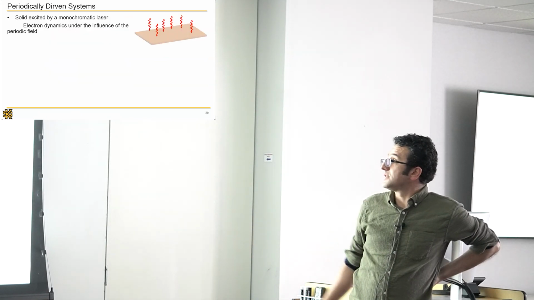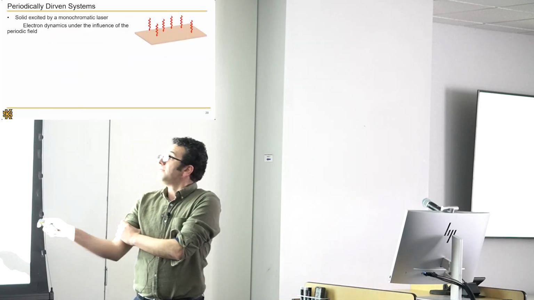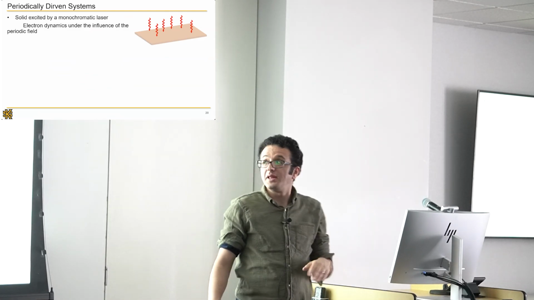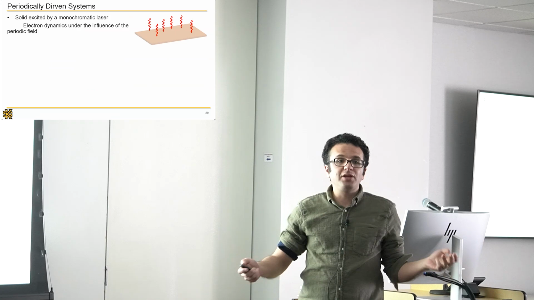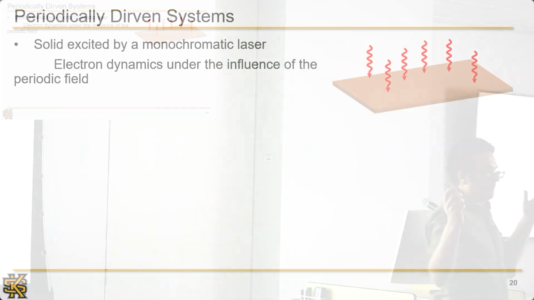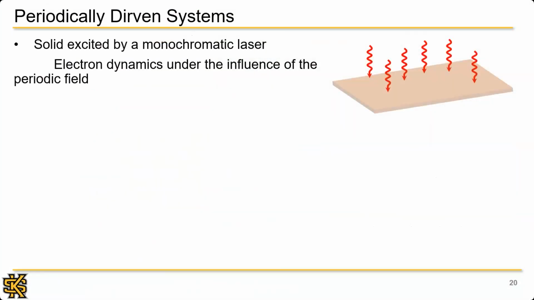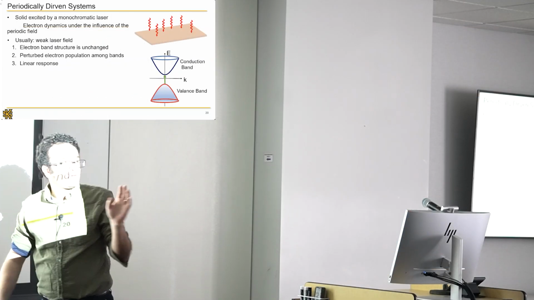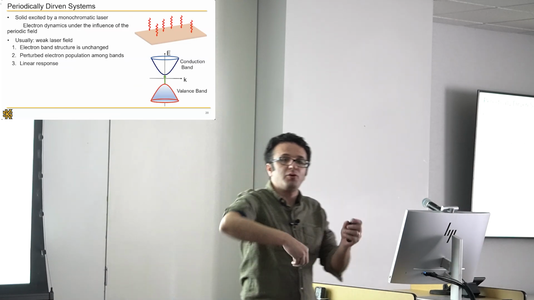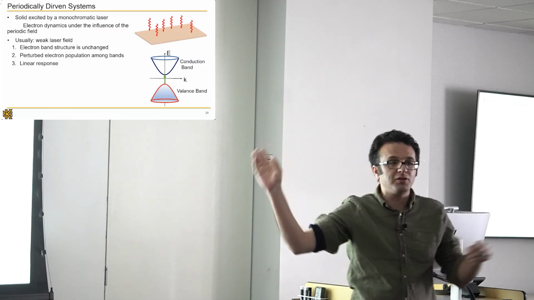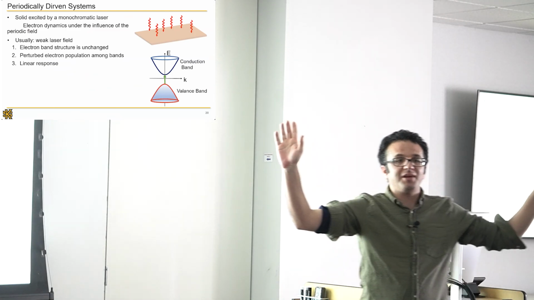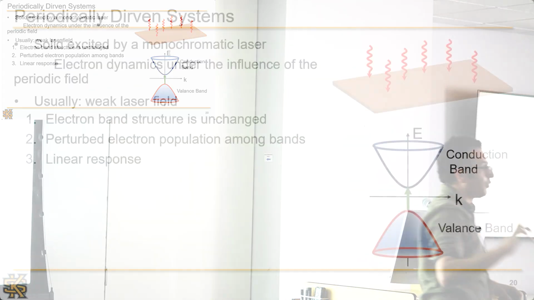of periodic drives. So let us remember that if I have a solid that's monochromatically driven by a laser, then in the typical picture that we learn in graduate or undergraduate solid state, with weak laser fields, what I have is a weak perturbation of the occupation between the bands. I'll have few electrons excited from the valence to the conduction. I use linear response theory and I'm fine. Yeah, that's good for weak fields.